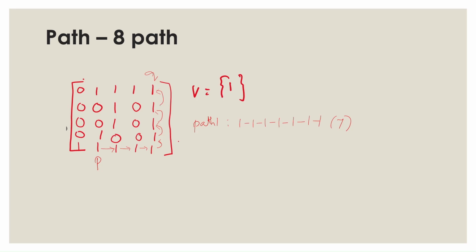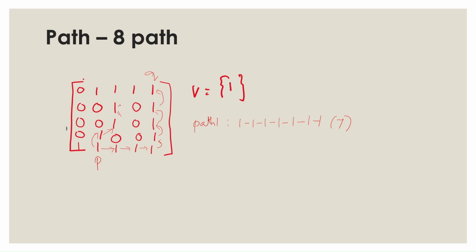So next one, let us consider another path. So let us take this vertical path. So if we move towards this pixel, from this pixel we can move horizontally or vertically. Horizontally we cannot move because all are zeros, and vertically also there is no possibility, but we can move towards a diagonal. This is possible because we are considering the 8 path. So diagonal we can move, and after this one we can move towards vertical.